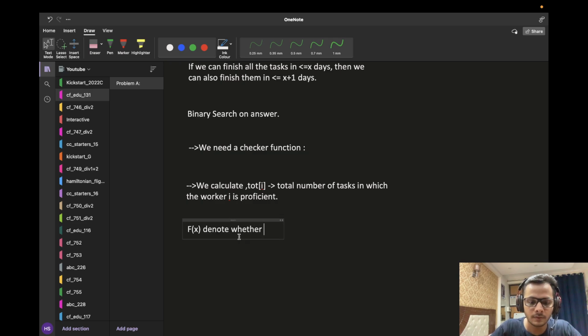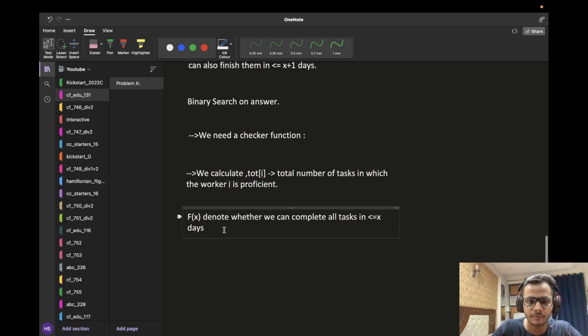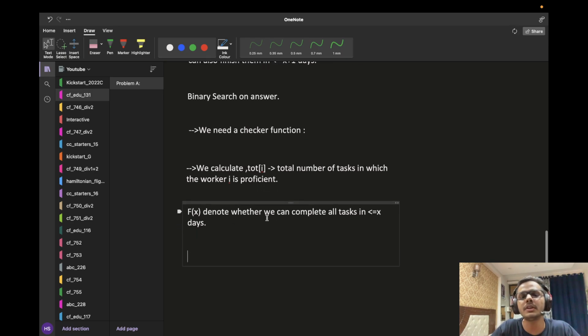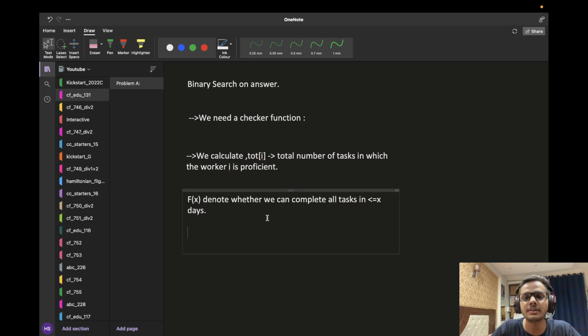whether we can complete all tasks in less than or equal to x days, right? So let f of x denote whether we can complete all the tasks in less than or equal to x days, and now we have to write a definition for f of x. So let's see how we can do this. So we have a function f of x, and what we'll do here is,